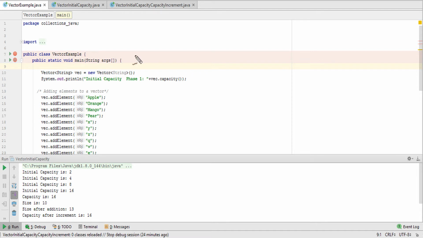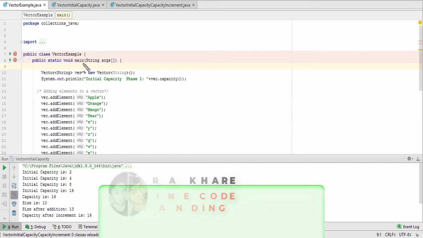Otherwise, if you don't want any thread safety, then don't use vector, because the performance will be slow: searching, sorting, deletion and updation will be slow, as it is synchronized and thread safe.